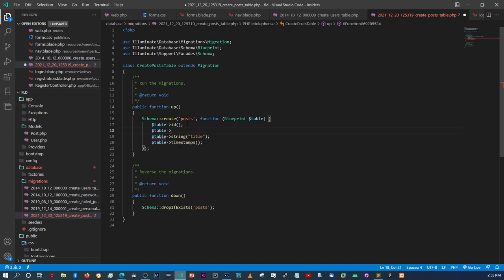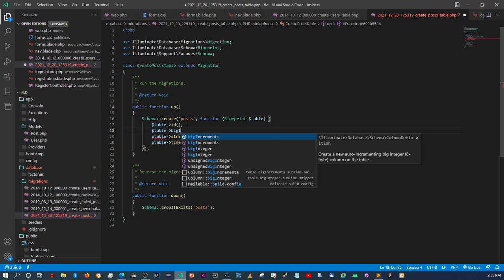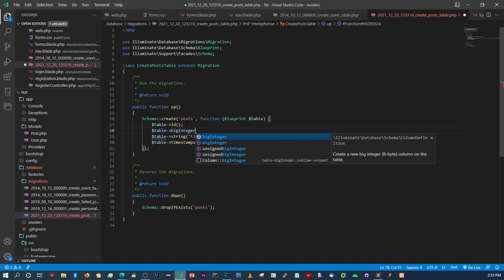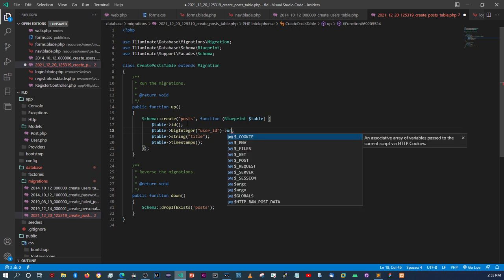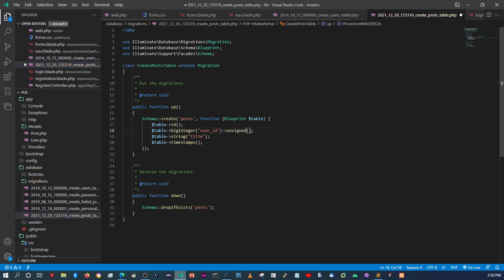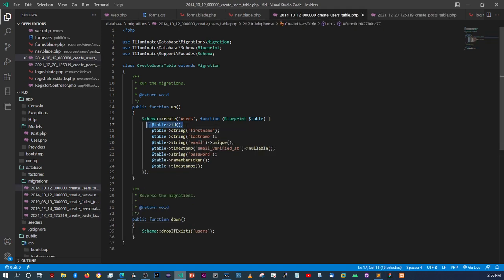I type this right. It's big integer, and then this is going to be user ID. Now we also need to make this unsigned. Okay, so now the reason we're making it big integer is because if we come back to the users table,